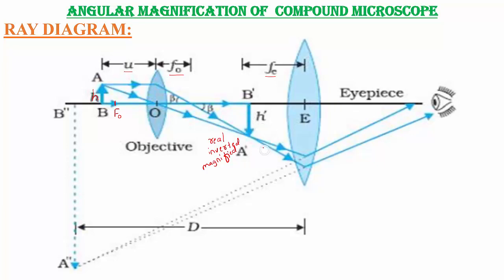Again from this object, two light rays are emitted. These two light rays are going to fall on the eyepiece. This is also a converging lens, so refraction of light takes place twice. Finally, these refracted rays are going to reach the normal eye of the person. So what happens when the person is observing these two refracted rays? For the person, these two refracted rays appear to be coming from the point A'' B''.